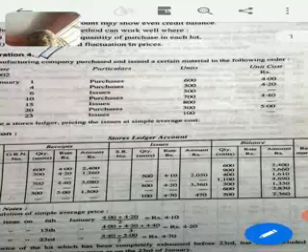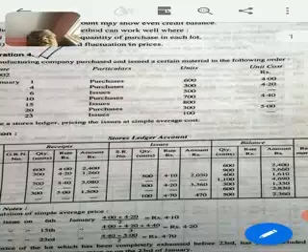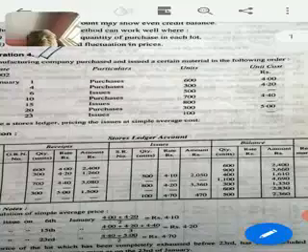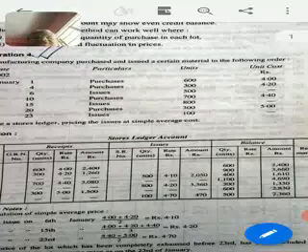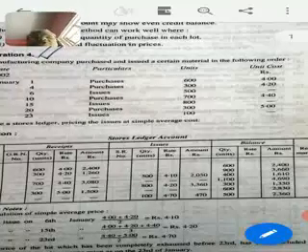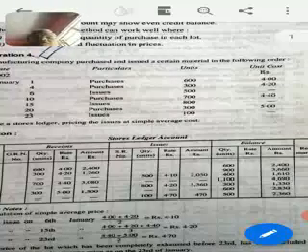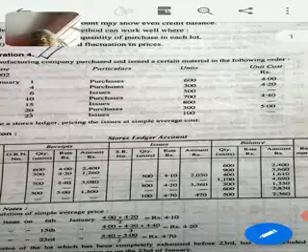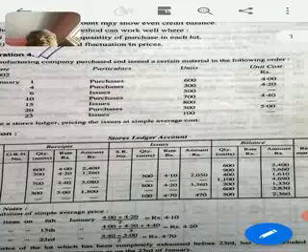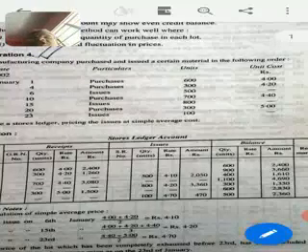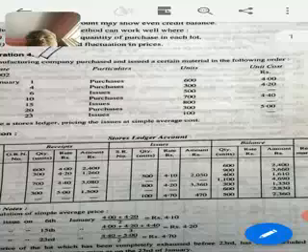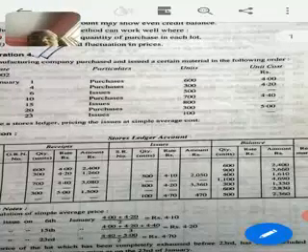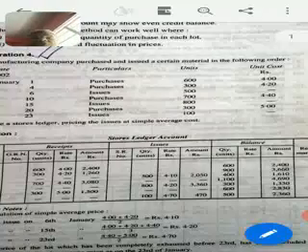Now to start with the simple average method. Simple average, as the name suggests, implies the average of the prices, and this simple average method is based on FIFO. FIFO means first in first out. Now as you can see the problem, on January 1 there is a purchase, January 4 there is a purchase, and after that issue, purchase, issue. So first we will just discuss the format of the store ledger.